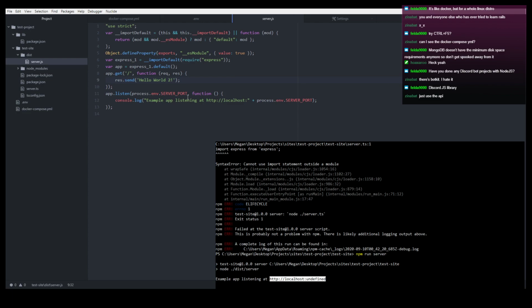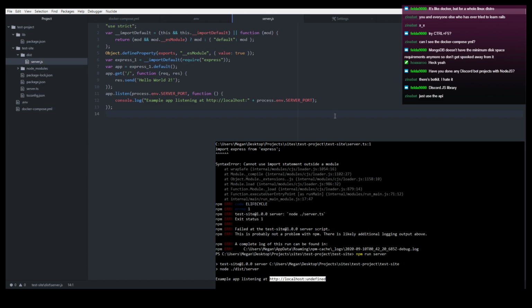It compiled using process.environment.server port. But,